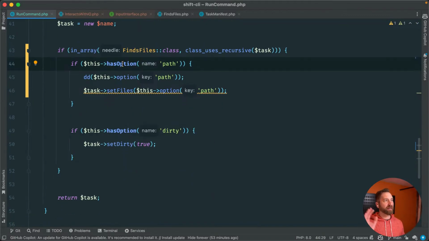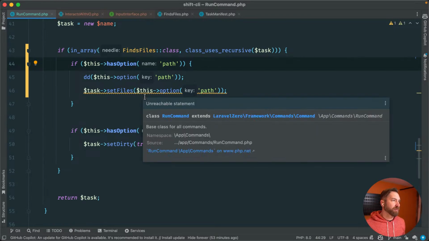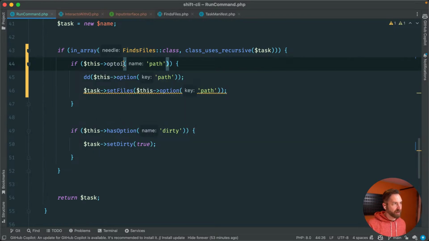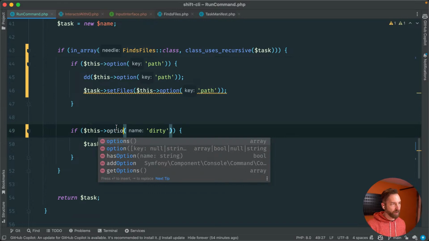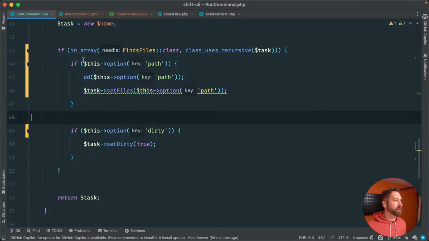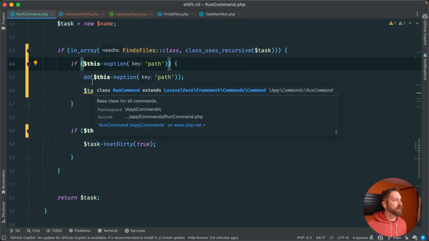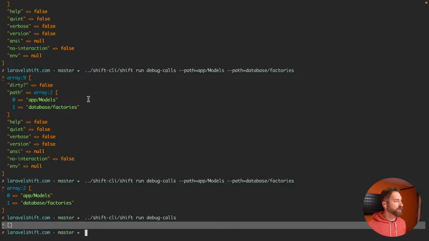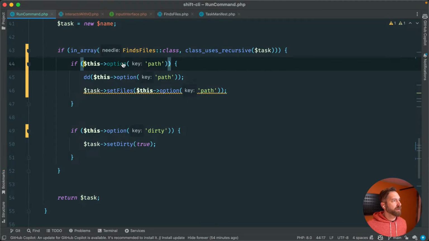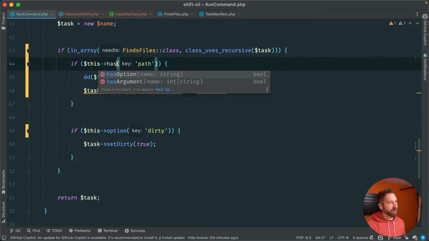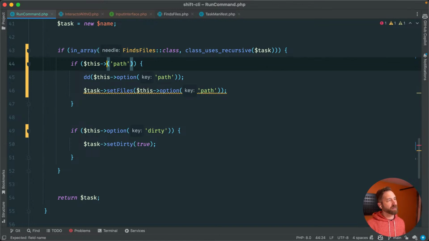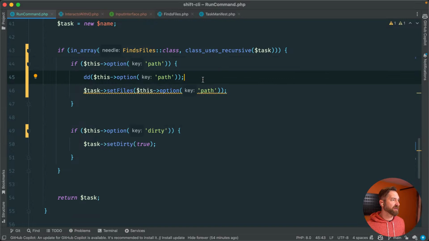Has option is not really like, you kind of have to say like option, not empty or some crap. Yeah, so here we can say if option dirty. Okay, yeah, see, dirty is false. That's gross. I wish you could say something like has value or something. That's weird. Uses option, past option, I don't really know. Anyway, so if option, then we would send it on, and then here we can say if option dirty, then